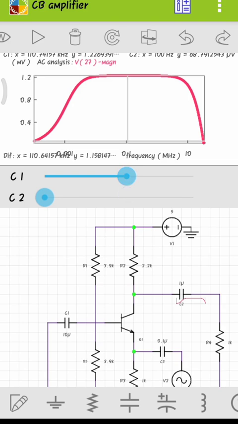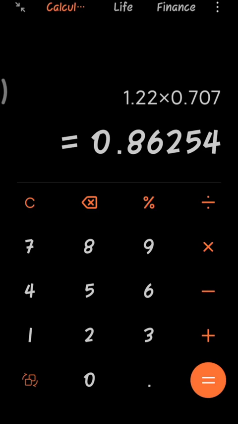Now the position of the cursor is about 1.22 volt. So now we are using linear values instead of gain in dB. We want to multiply this value by 0.707. Approximately we are getting 0.86, that is 862 microvolt.